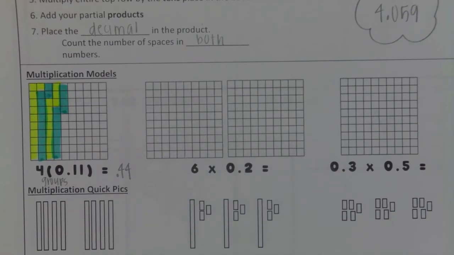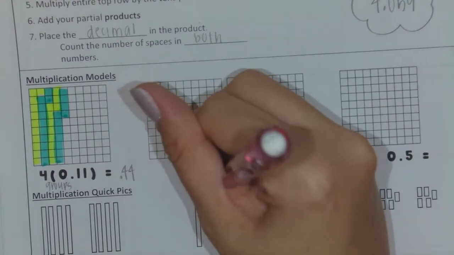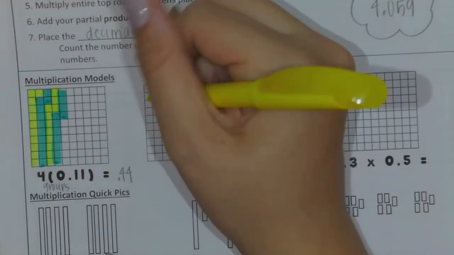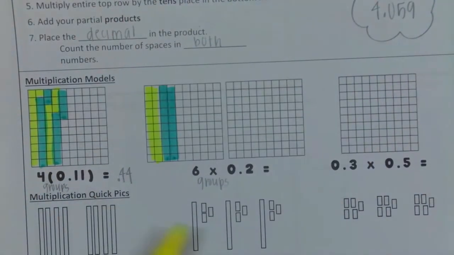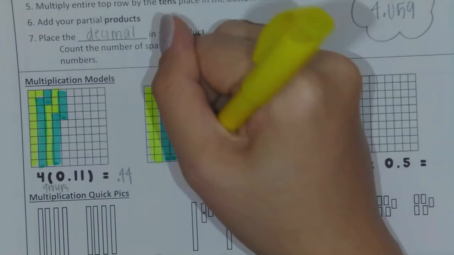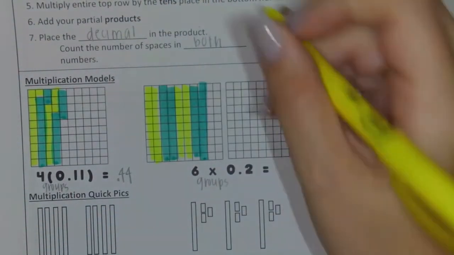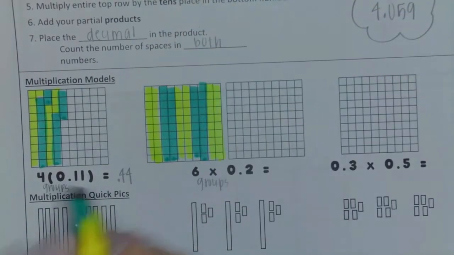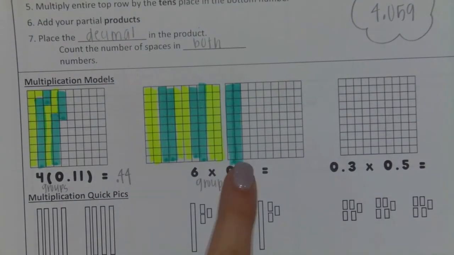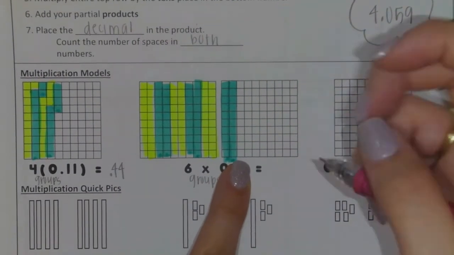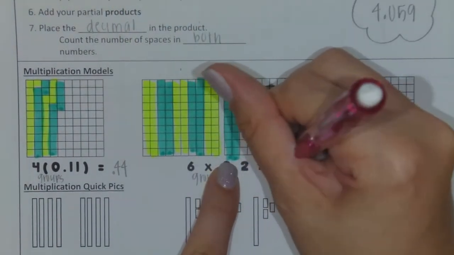Okay, we're going to do the same thing for our next one because I have another whole number times a decimal. So I can reread this as 6 groups of 2 tenths. So I'm going to use my colors again. So this would be 1 group of 2 tenths, 2 groups of 2 tenths, 3 groups of 2 tenths, 4 groups of 2 tenths, 5 groups of 2 tenths, and 6 groups of 2 tenths. Now, we did have to use more than 1 tenths model, which is okay. This represents 1 whole, and I have 2 tenths on the other one for a final answer of 1 and